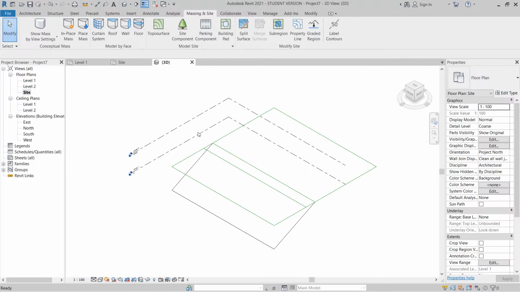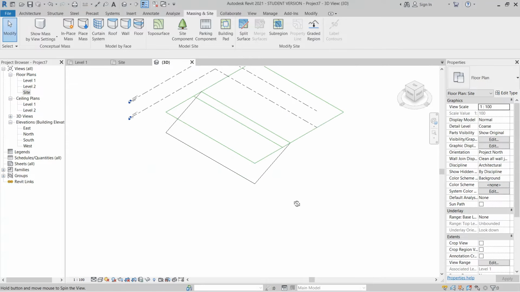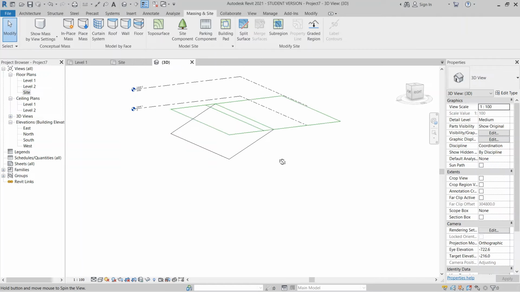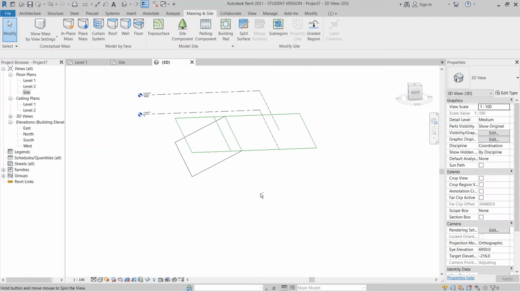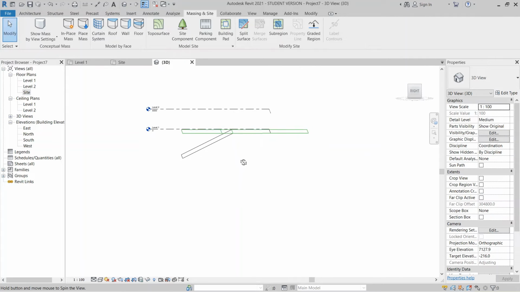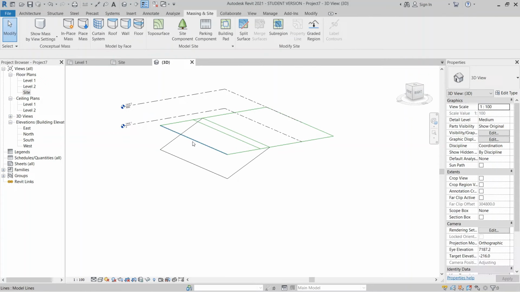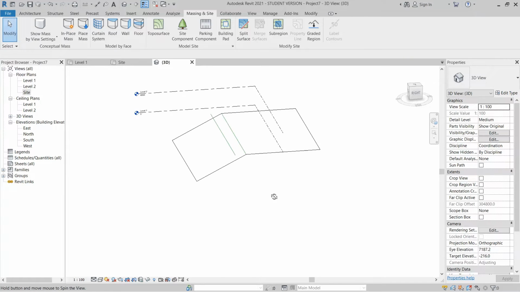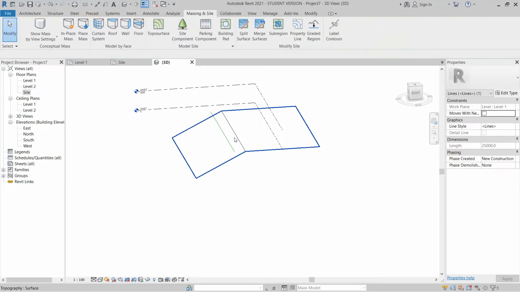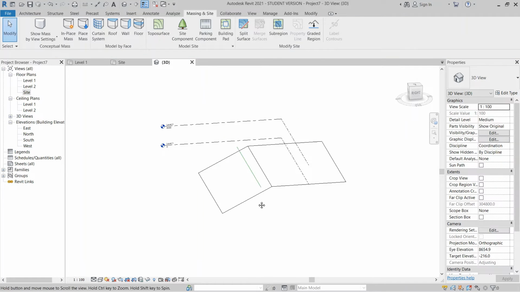Go to our 3D view here. As you can see, Revit is too smart, because I made it minus 5 meters and the spacing is like this, that's why Revit is sloping like this. Okay, so this one I just want to delete first, select all, then delete. And this one I just keep because I want to add a grid line.